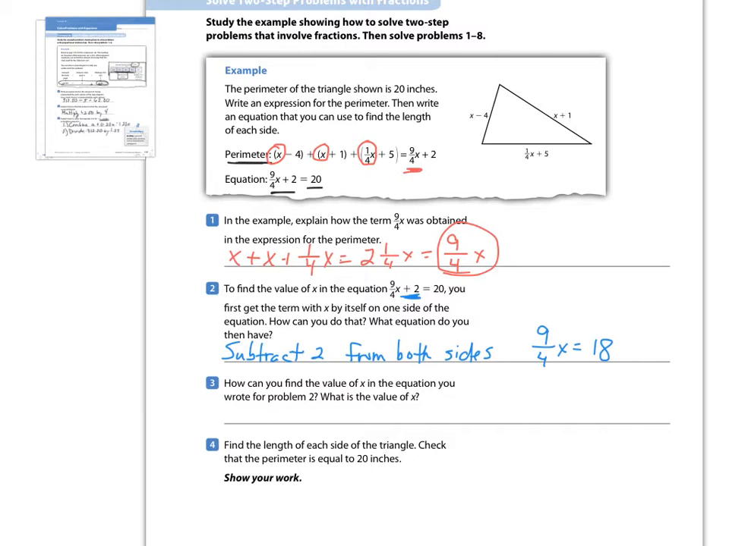Number 3, how can you find the value of x in the equation you wrote for problem 2? What is the value of x? So the equation we wrote, 9/4 x equal to 18, we could do one of two things. You could divide both sides, because right now it's a multiplication equation. We could divide both sides by 9/4, or we could use the multiplicative inverse, because to divide fractions you actually multiply by the reciprocal. So I'm going to show